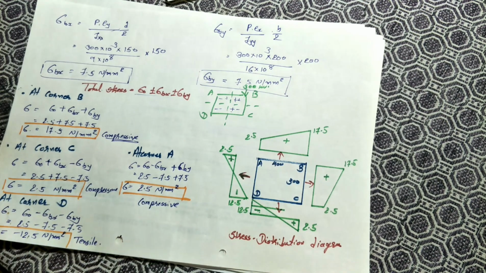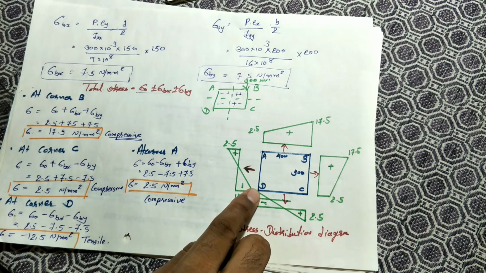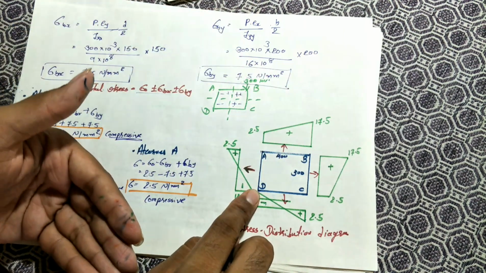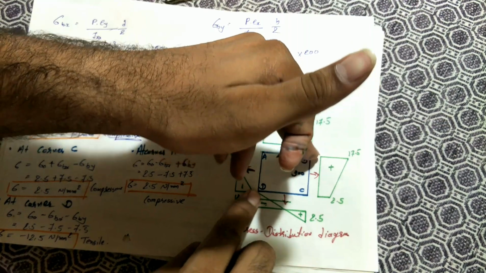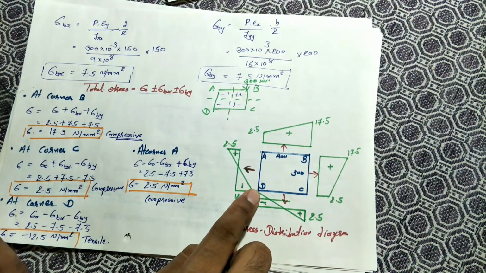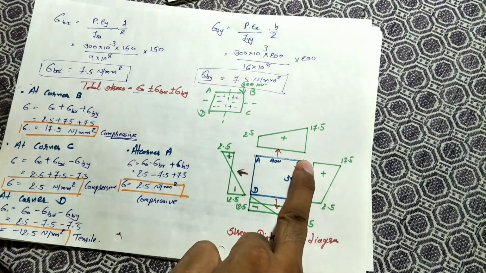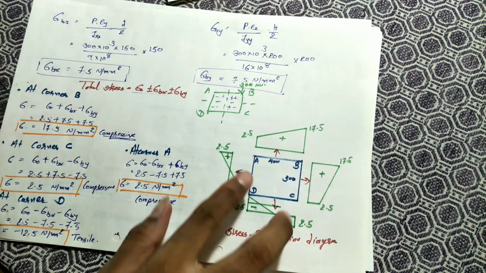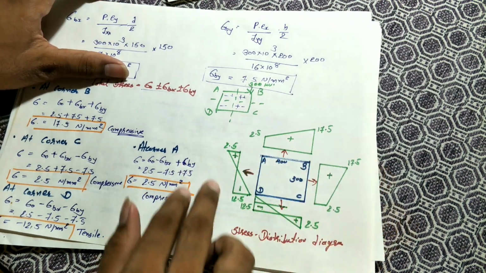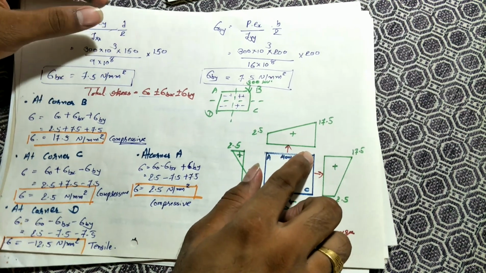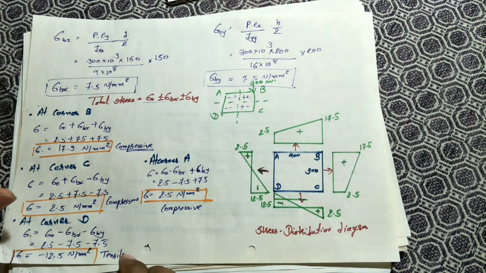Okay, so here you are getting a larger value. Why? Because at this point your load is acting. Okay, and at this point you are getting the maximum negative value because it is the opposite edge of this point. So here you are getting a maximum compressive value and here you are getting a maximum tensile value. So this point will be compressed more and this point will be tensile more, and these are your balance points. So your load will not be equally divided; here your stress value will be more, and at another point your stress value will be minimum.